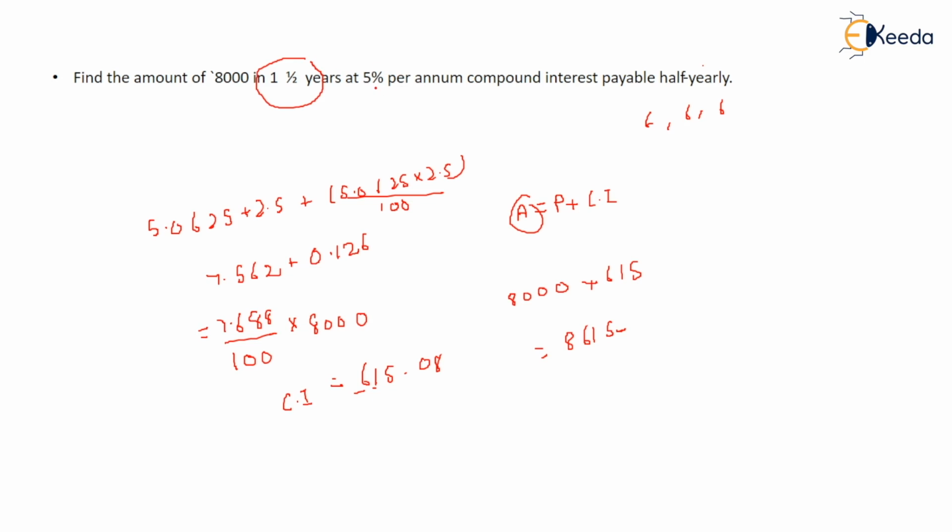We divided this 5, this is for 1 year. So half yearly they told, so half yearly means divide by 2. If they told you quarterly, so 1 quarter is of 3 months, right? So you have to divide by 4. So this is how you need to understand. Okay, so they told you half yearly, so divided by 2, so this comes out to be 2.5, and you